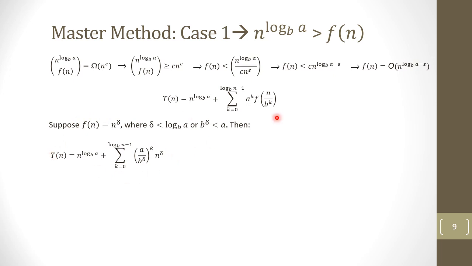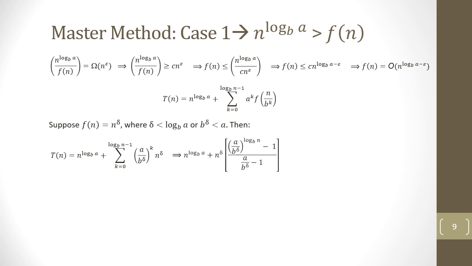Here we are plugging in n over b to the power of k into f(n), and we get n to the power of delta divided by b to the power of delta, to the power of k. If we solve it further,